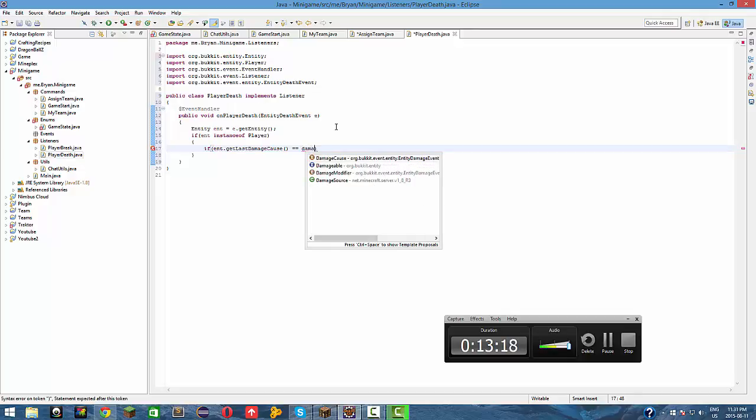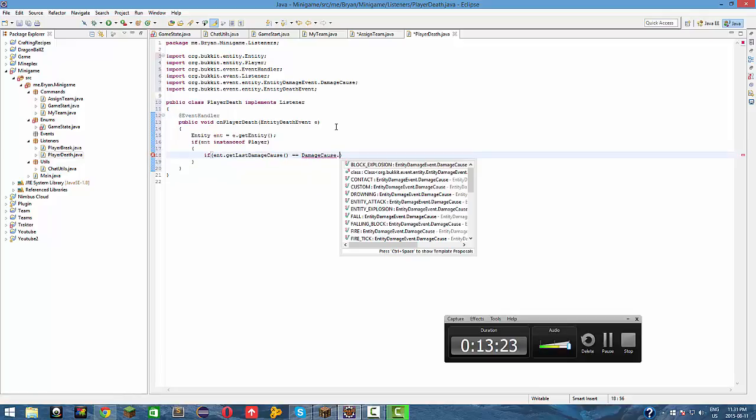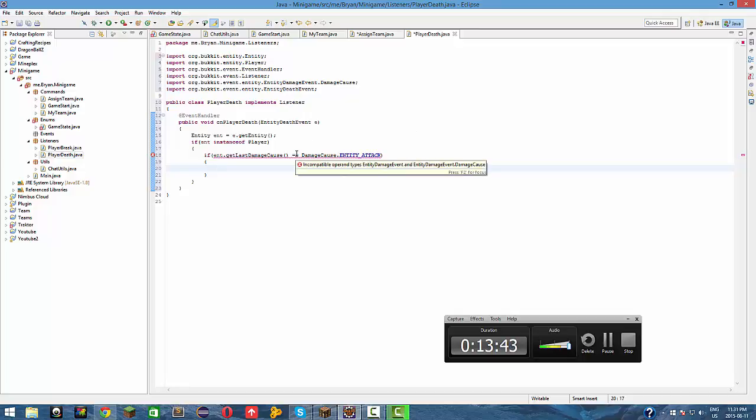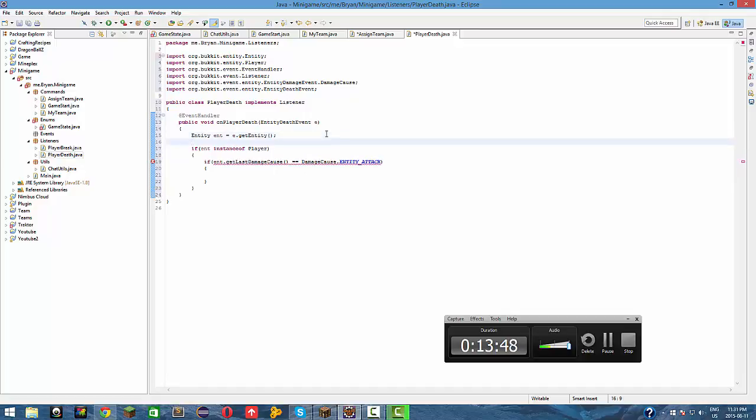damage, what was it, damage cause dot... yeah, this was damage cause dot, is there actually, like, no, it's just entity attack. So let me just bam this up. Oh my god. So what's wrong here? If the, let's see, you know what, just to make things easier, last damage cause, obviously,